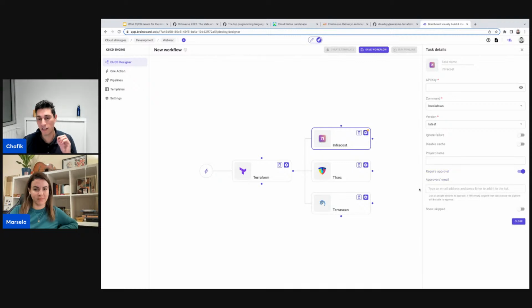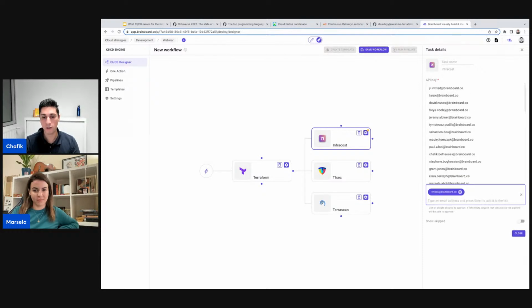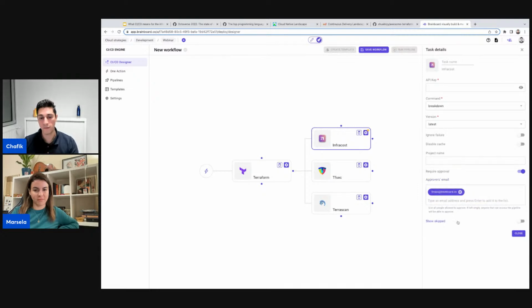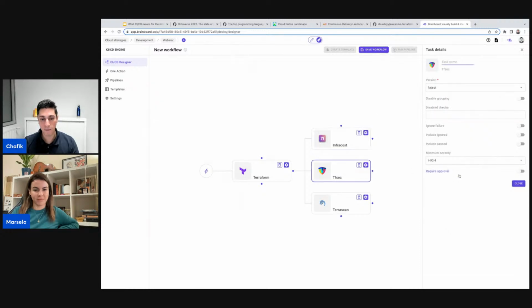And this is one of the greatest features that I really like: we took it to the next level. You can get the approval for every task, which means if for the cost you need an approval for a DevOps team, for a FinOps team, at brainboard.co, you notify the FinOps team. And if for example, for security, you need the approval from the security team, you just put here security at brainboard.co,